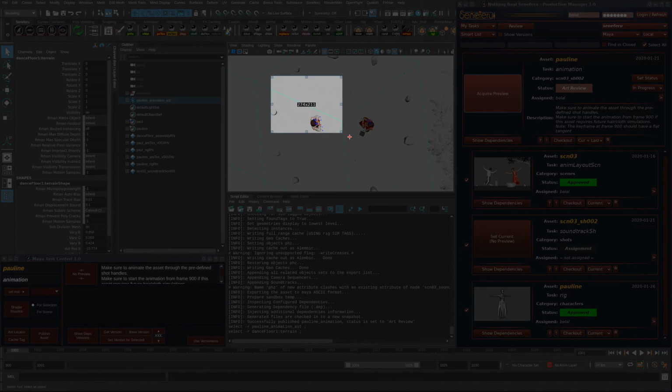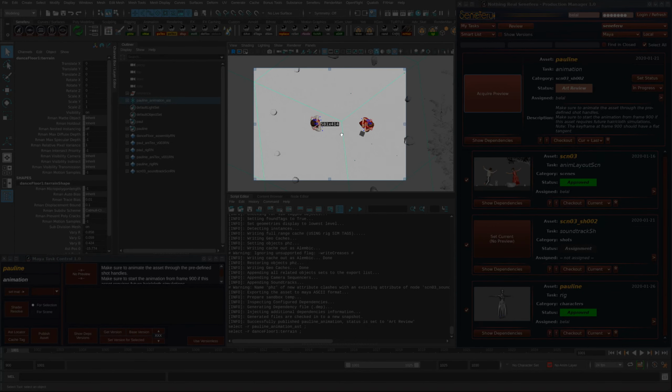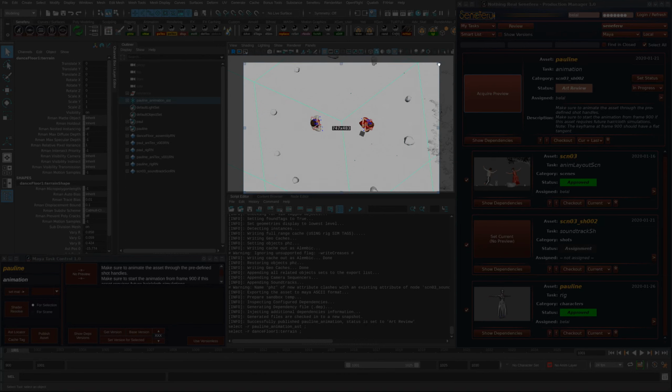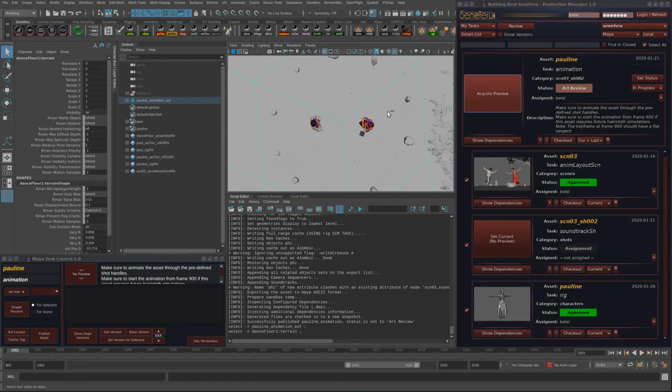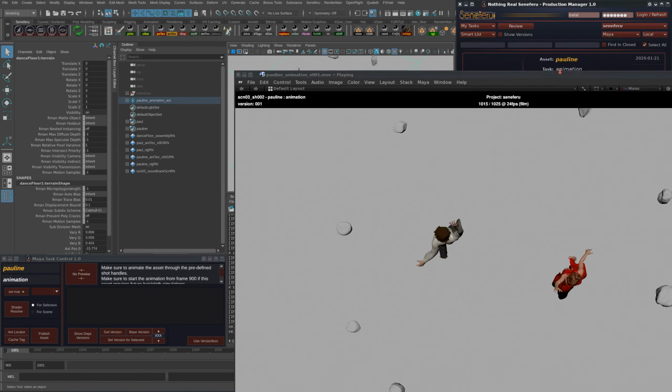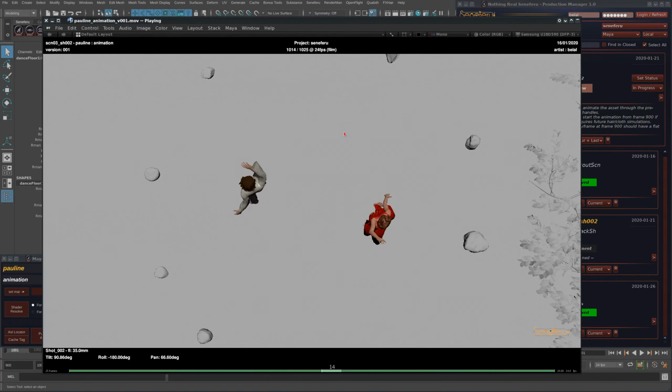You can also take a snapshot of this angle here, which is the camera. And now if you click on the playblast, you will see that